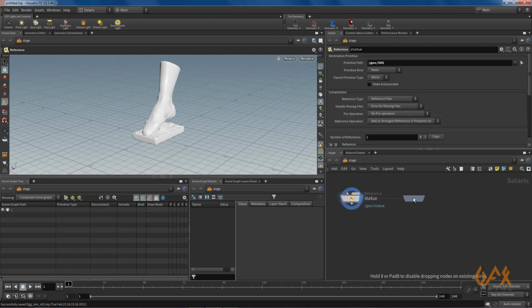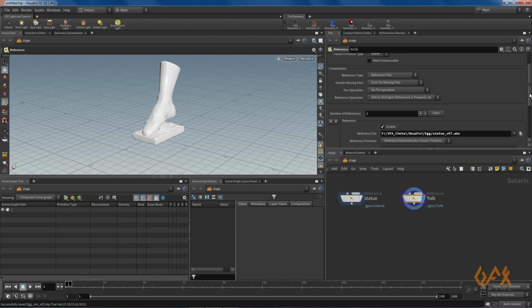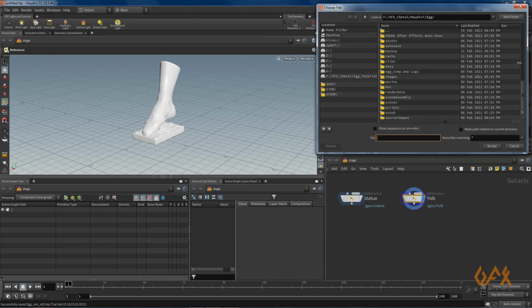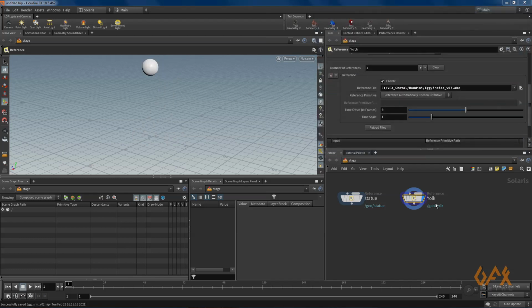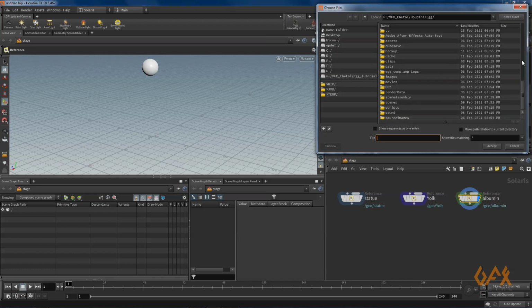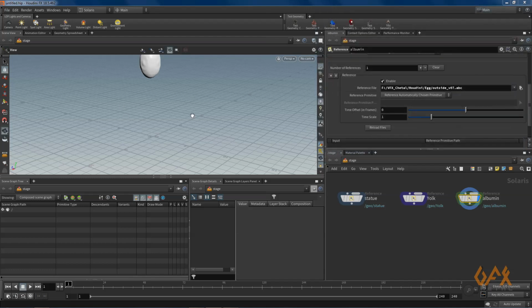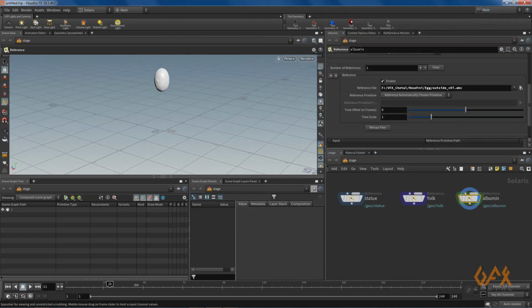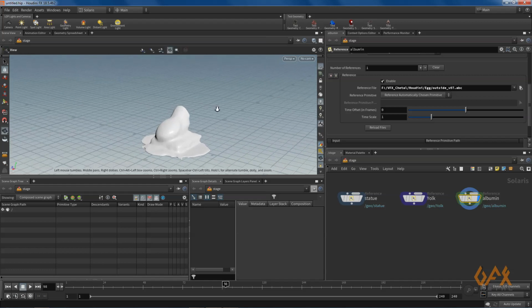Now I duplicate this and call it yaw, and define the yaw path. In the same way, I duplicate it again for the albumin, and define the path over here. Okay, like this.